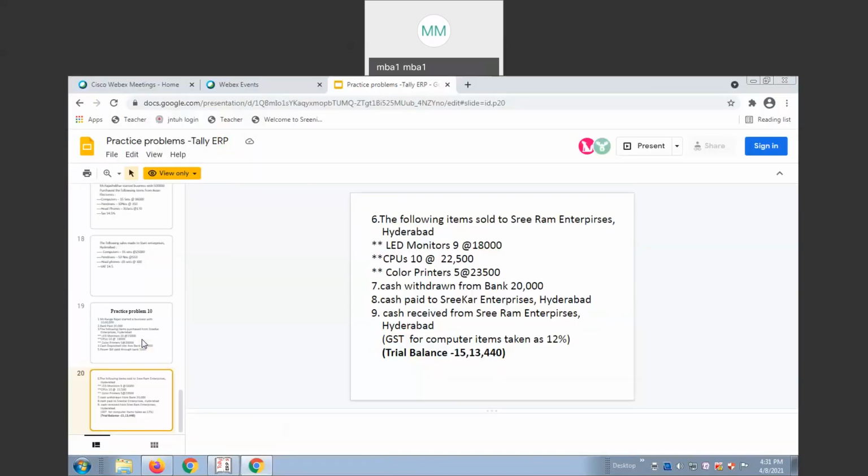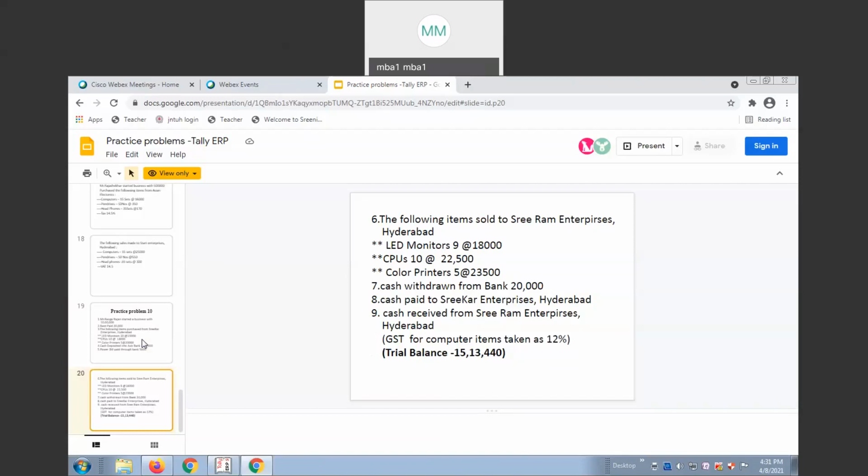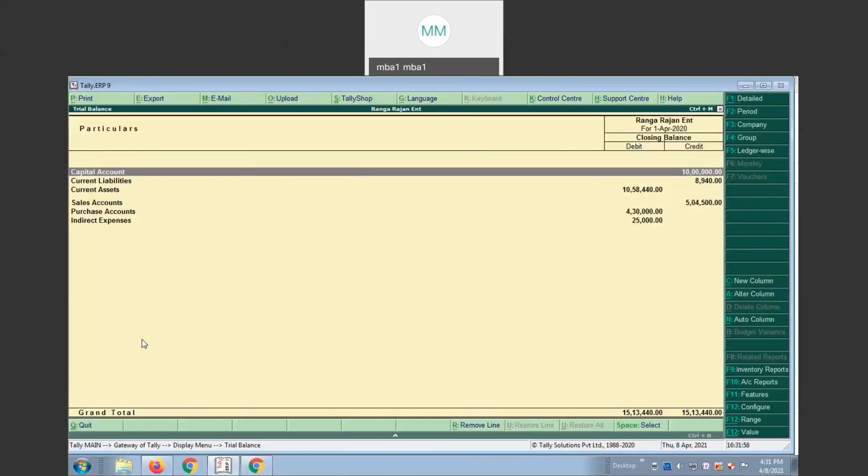Okay, 15 lakhs, 13,440. Right? So I feel that we have successfully completed the value added tax 7th problem, practice 8th problem and 9th problem, and 10th problem I explained.